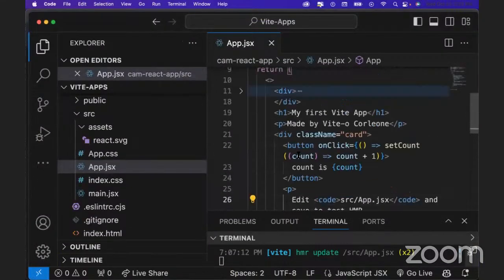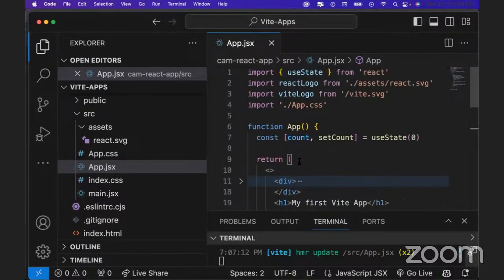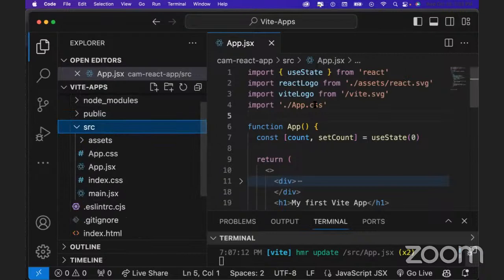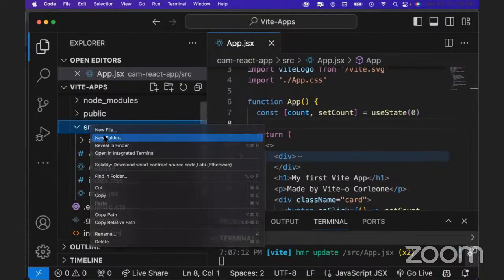But the reality is, it's not always the case that you want to just add everything into just one component. So one thing that you'll see people do, depending on the builder, is they'll have another folder where they'll hold other components. You could name that folder whatever you want. So let's say that this particular app is just my homepage. Well, I could have another folder inside of the source folder